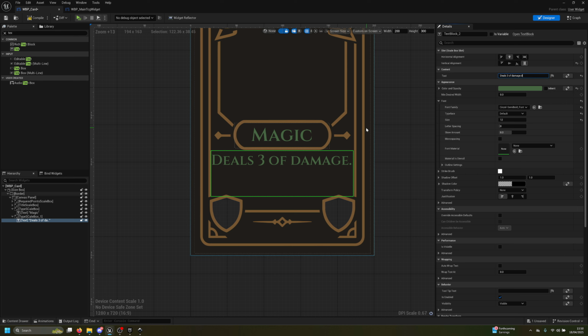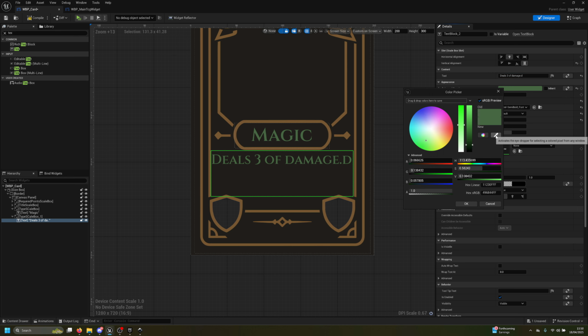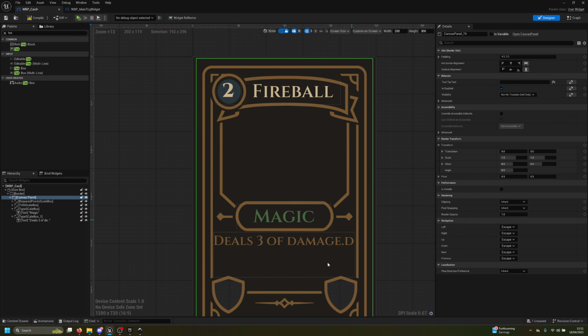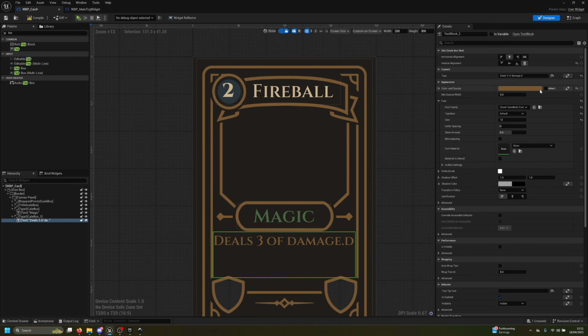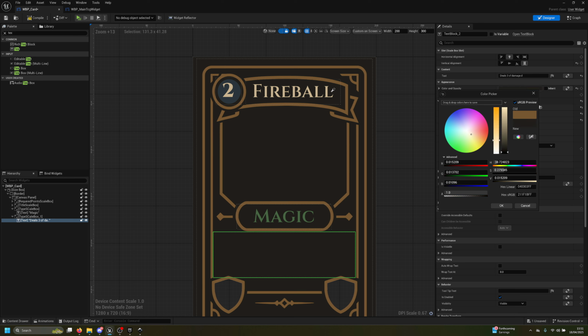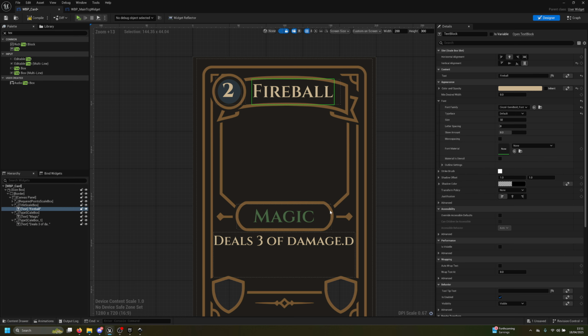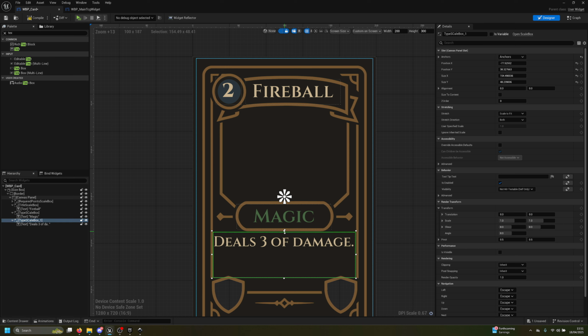And now we can change this color to be, I don't know, I'm just going to pick up the color that we had from here before because it looks better. Nice, deals 3 points of damage. Now what I also would like to do is maybe add some distance from the top like this. All right,